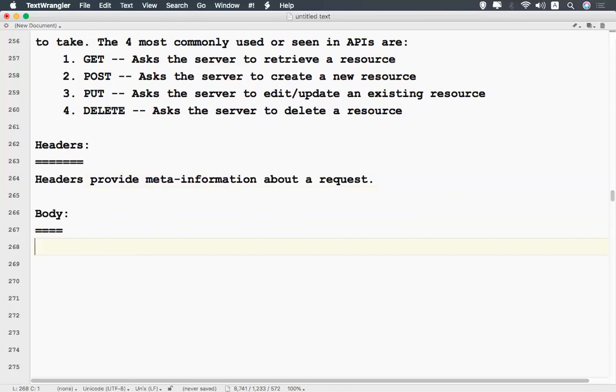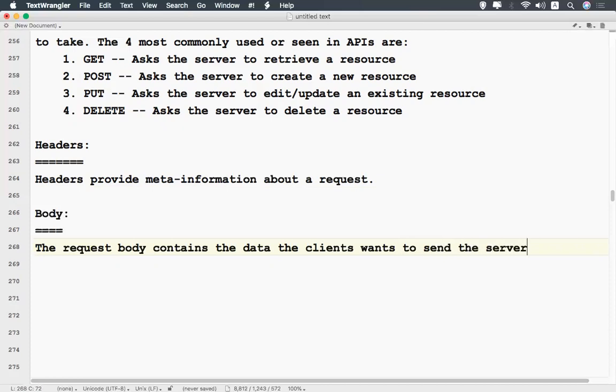So the request body contains the data the client wants to send to the server, what it is expecting from the server.